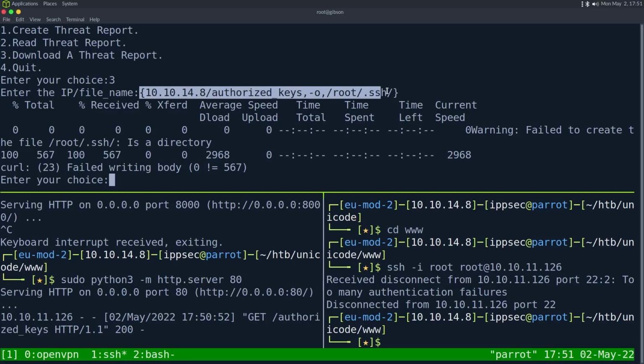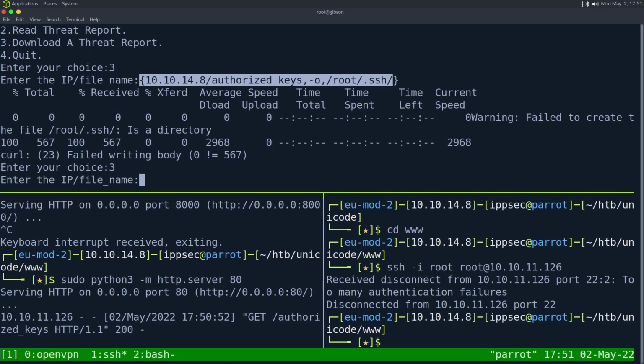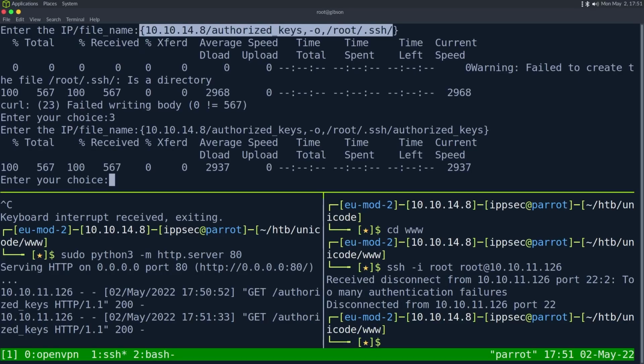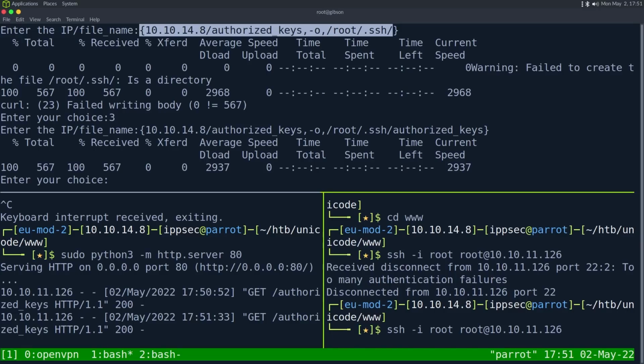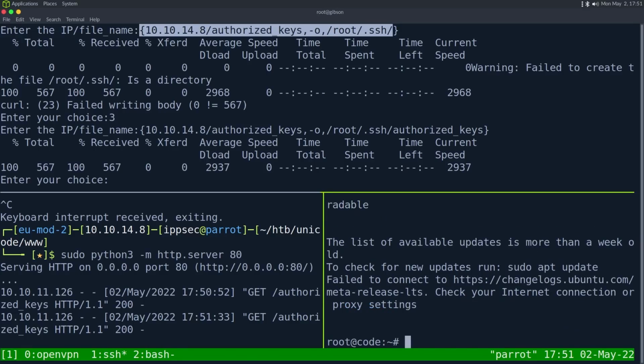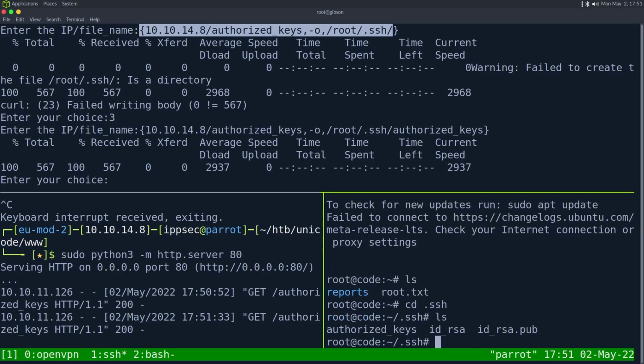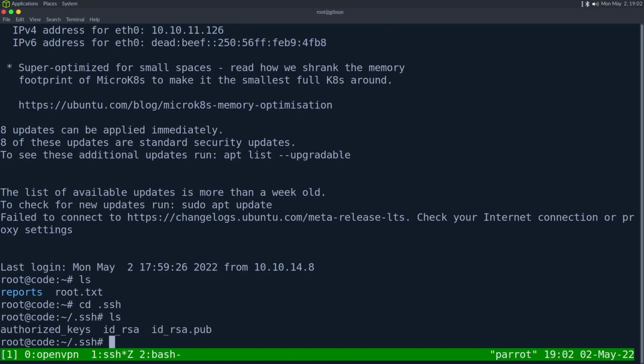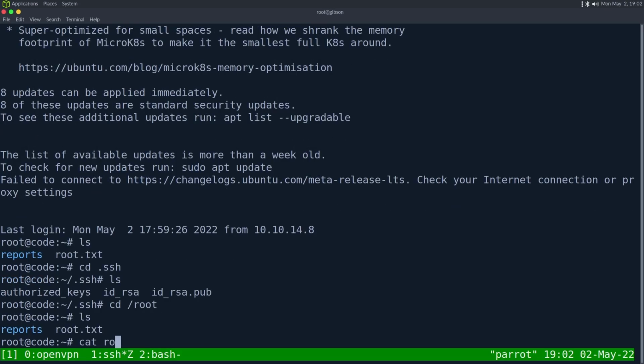So authorized_keys -o. Let's actually specify the whole file name. Maybe that's what it wants. Then we can say authorized keys. If this doesn't work, I'm going to guess the SSH directory doesn't exist underneath of root. That time it saved. We do this, and we get in. So that was it. We can always go now to the root and read the key if we wanted to,